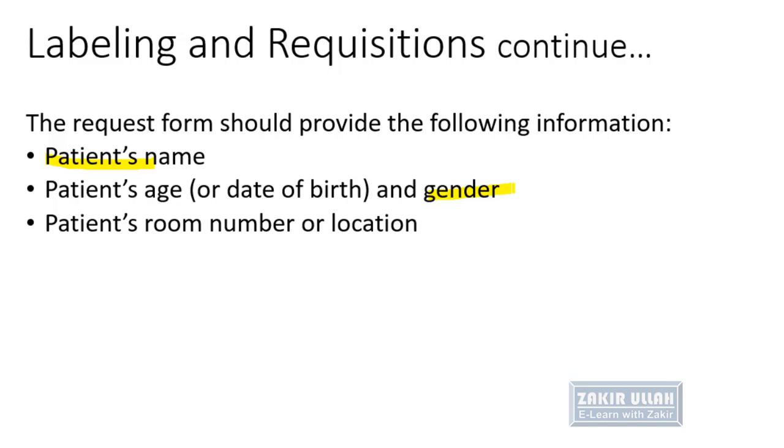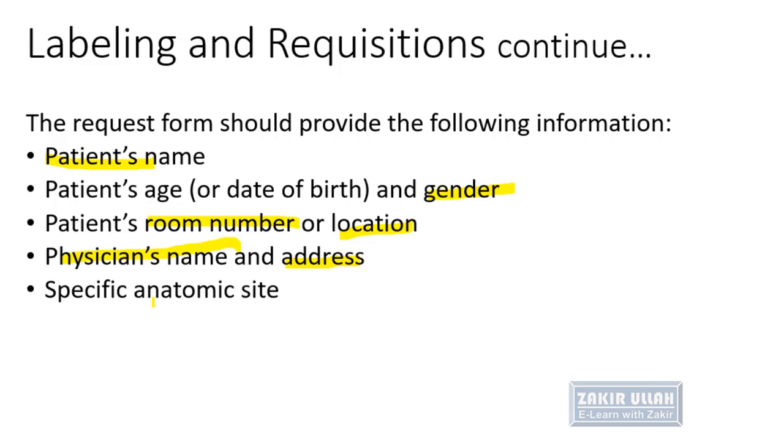It should also contain the patient room number and location, the address, ward number, room number or bed number, and the name and address of the physician who is treating the patient and advising the test, and from which site